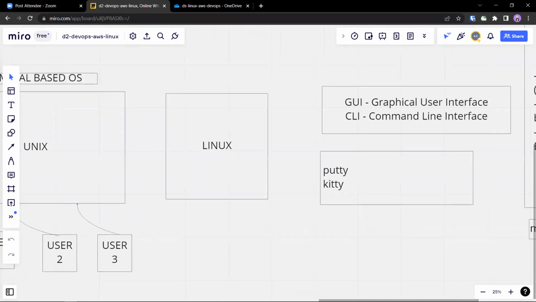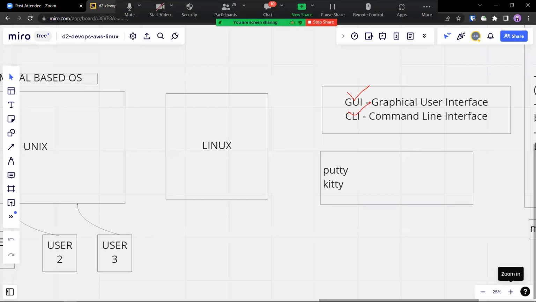This is the second point we talked about yesterday, right? So GUI and CLI, which one is not available in Windows? Both are available, right? That was a trick question, the kind we usually ask in an interview.